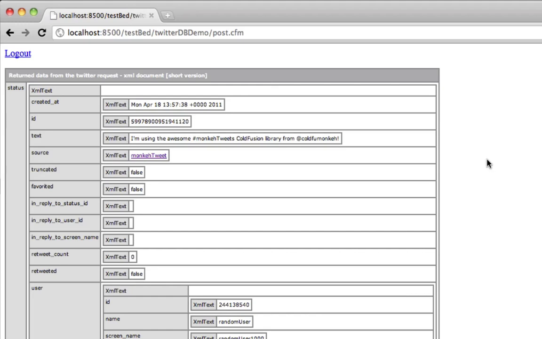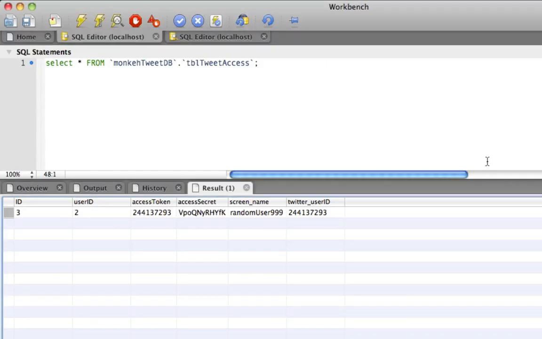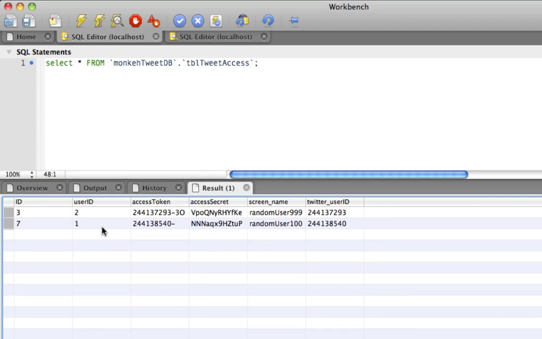But more importantly, if we head over to the database and if we refresh this particular table, you can now see that user ID 1 has the OAuth information stored, seeing that it did authenticate with Twitter. So the user went over to Twitter using the OAuth protocol, it authenticated, and that information is now stored within